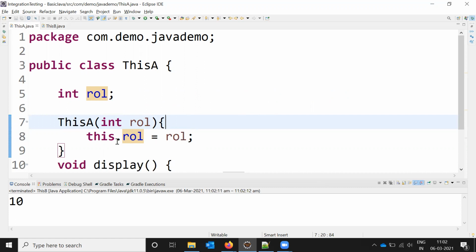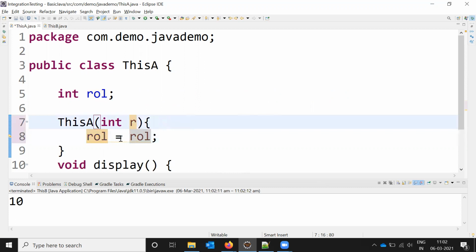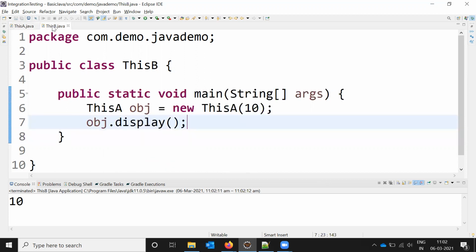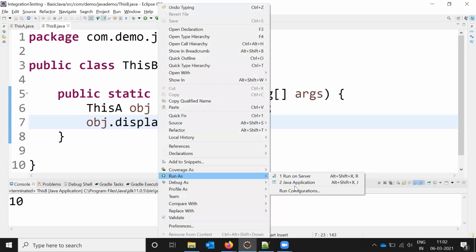Without using this keyword, we can also assign the value like this: the same value, but in a different way.